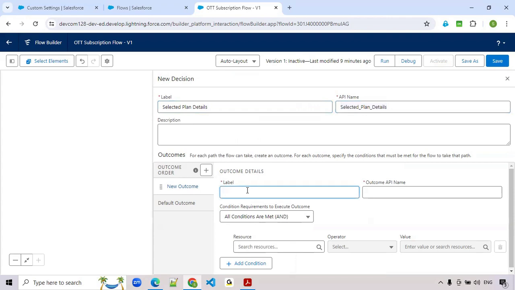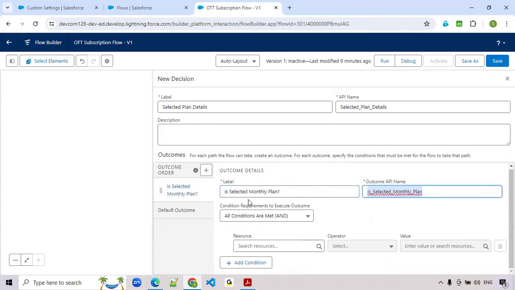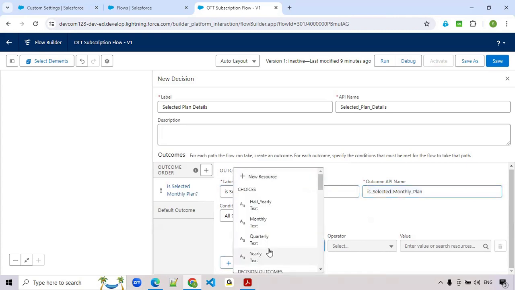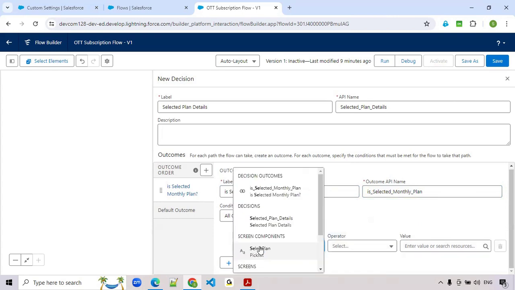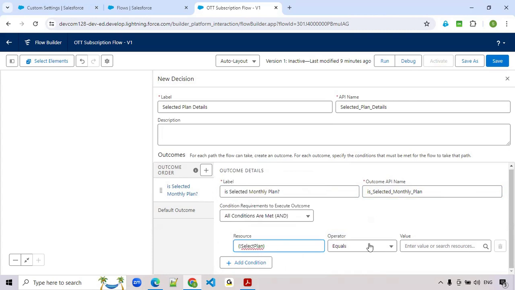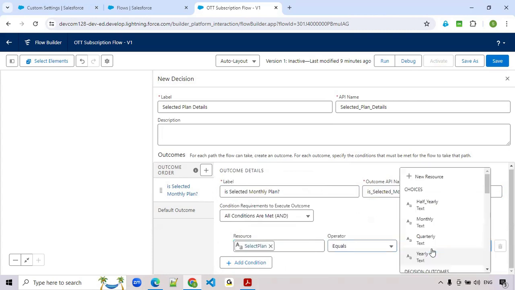For example, they can select the monthly plan. So how to identify? He can select the monthly, quarterly, or yearly plan. So here we have to check if the selected plan